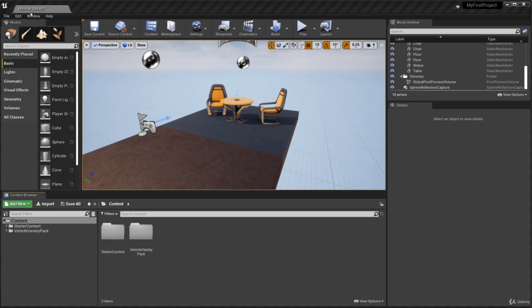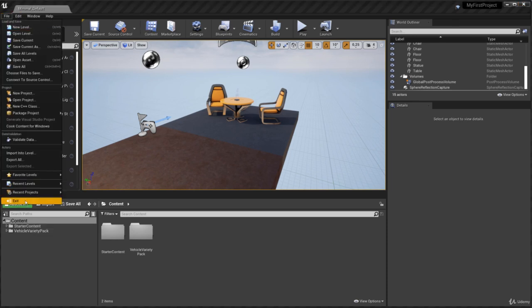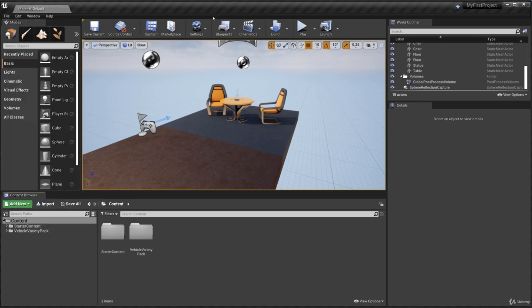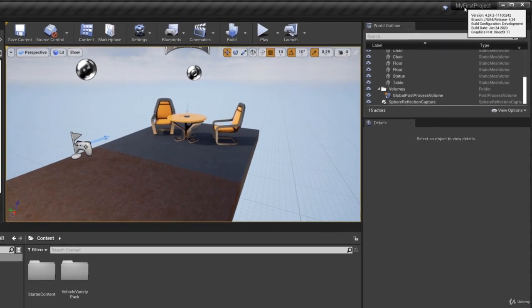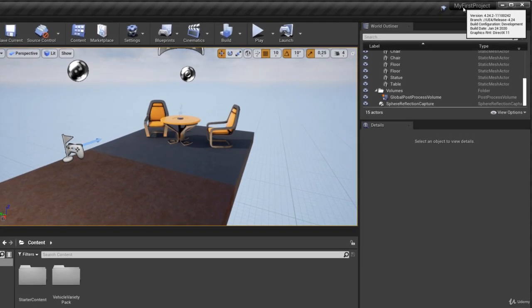Now in this case with the editor, this tab, you cannot click that to close this tab. This is the level editor that opens up by default. If you want to close this off, then you have to click here to close, okay? Or of course you can go to file and exit and that kind of stuff. Then here you can also see your project. You can see the version and all of that stuff right there if you hover over it, but this is